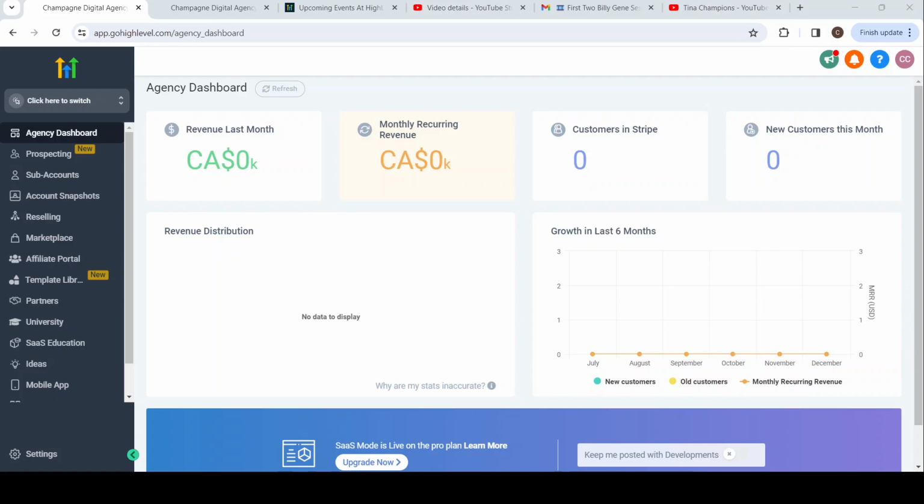Today we're going to be talking about the difference between agency and sub-account. So as a business owner who has an agency, this is the back world, like it's the back end of the SaaS. Basically,